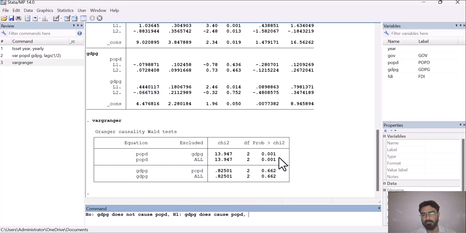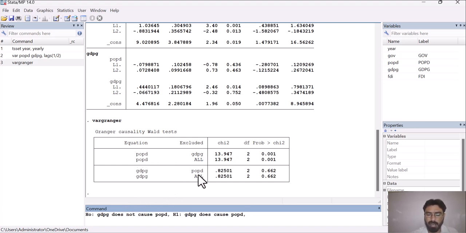As we can see that probability value is less than 0.05, so it means that we have to reject the null hypothesis. So by rejecting null hypothesis, it means that we have to accept the alternative hypothesis, which means that GDPG does cause POPD. It means that GDPG is causing POPD. So these are the conclusion for this model.